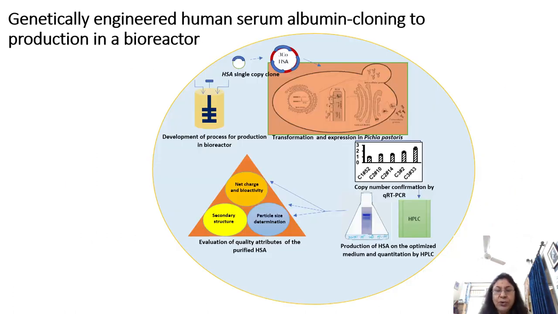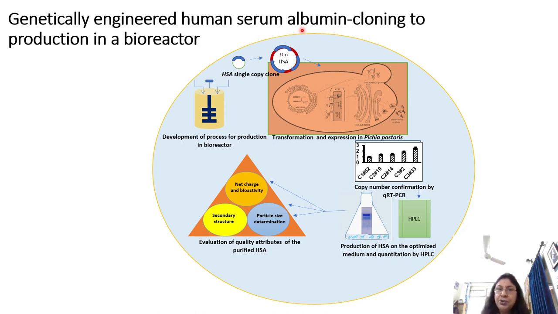So now let us move to the next slide, where I'm trying to show you how another therapeutic protein, called human serum albumin, can be produced in a different host. Although it is a human protein, as the name suggests, albumin makes up about 60% of the protein in human blood, particularly in the serum. It is a therapeutic protein used for several applications. So let me describe the strategy which can be used to clone this.